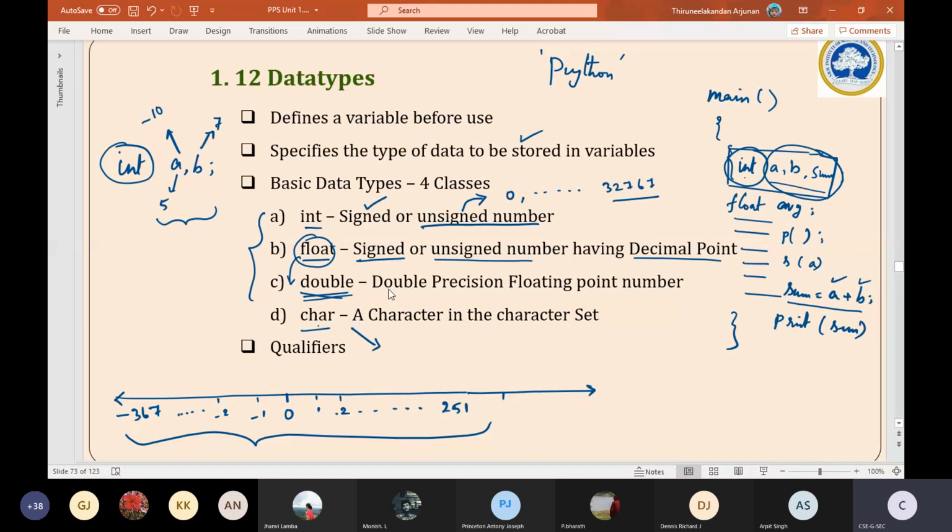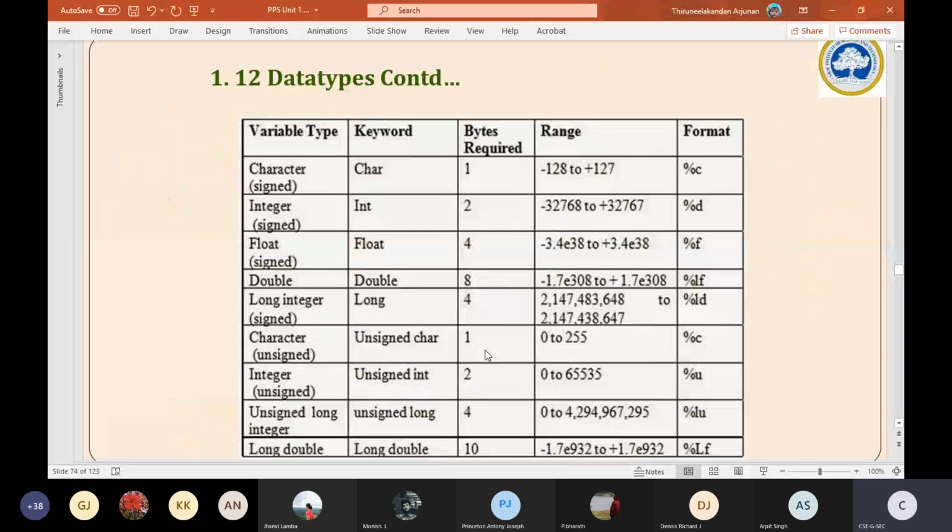Simply understand that we need to declare the variable and then only C will allow us to use it in the program, number one. And number two, there are 4 different types of data types: integer, float, double, character. Integer will take both positive as well as negative numbers, but they are round numbers only. Float can take decimal points, and double is a higher version of the float only, and character allows us to store characters. This much is sufficient.